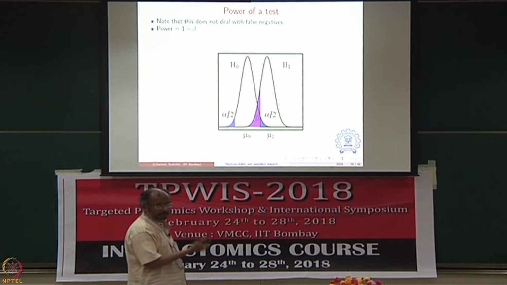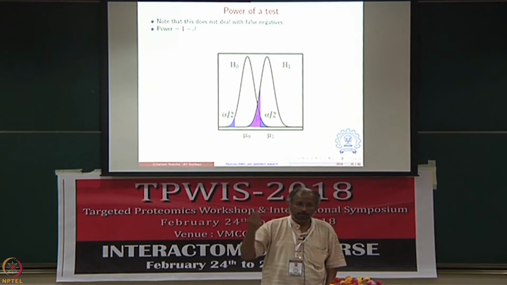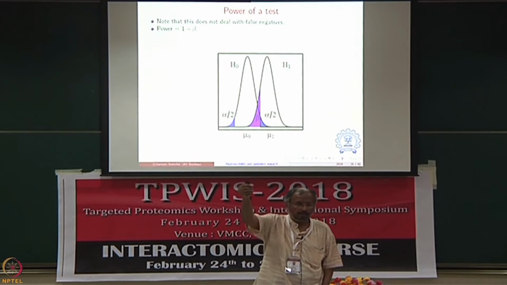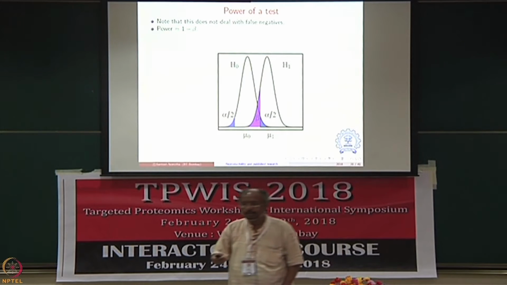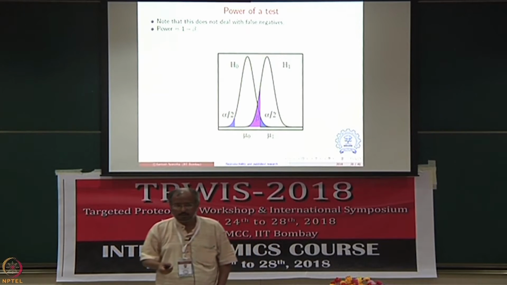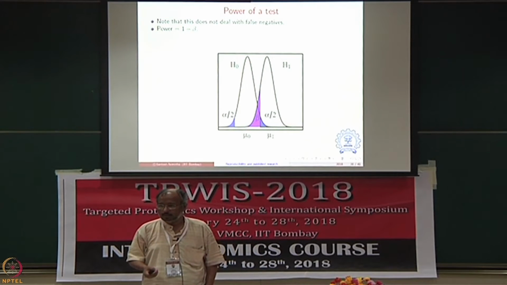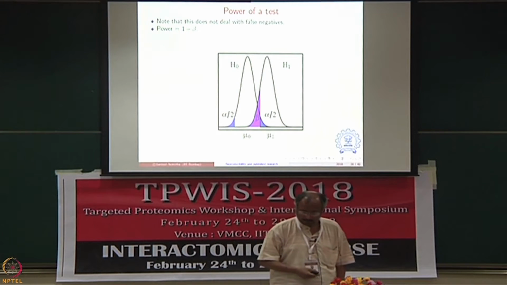So, in other words, you want beta to be small, you want alpha to be small. 1 minus beta is called the power of a test. And it is good practice to ask, whenever you claim that something was a significant candidate, a significant target, do not just tell me how significant that result was, tell me how powerful that test was. In other words, tell me what this value beta is, because I might therefore actually have a lousy test.